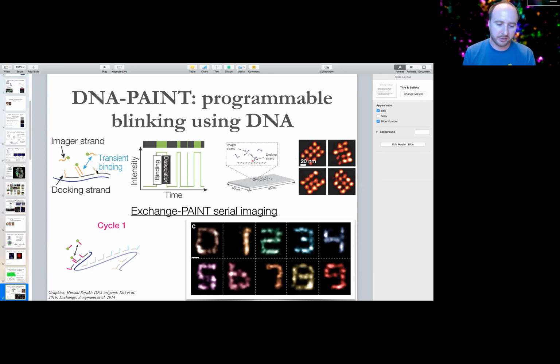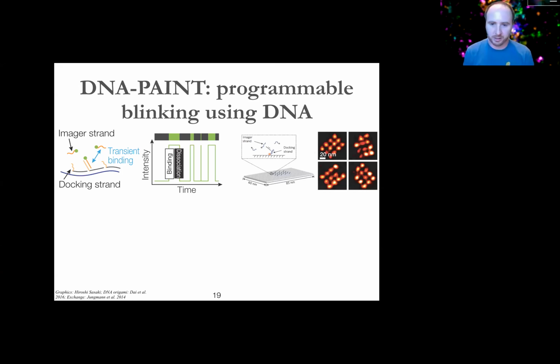And this will last for about a second or so in the way we've programmed it, then it'll just spontaneously dissociate. So in the diffraction limited field where this target is located, if you look at the intensity trace in time, you basically get these blinking events where it blinks on, it stays, it dissociates, and then this happens again and again and again. And this is what allows us to get single molecule blinks that we can then super resolve.